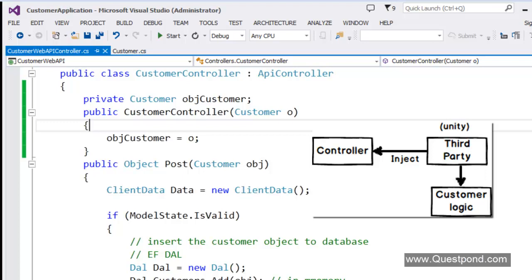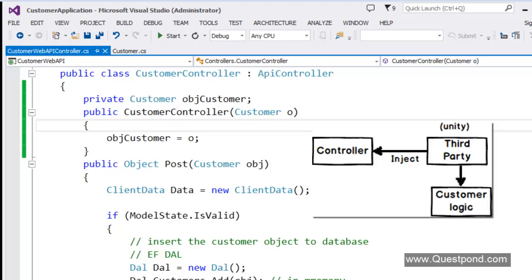So object creation activity should be a part of some third party framework. If you want to really make this implementation very clean, it should be a part of some third party framework. It should not be a part of any code of a project. Because if you see, initially the object creation part was in the customer class. So we said no, this object creation is not the work of the customer class. We removed that and moved it into the controller. Afterwards we said, oh, the object creation is not even part of the controller. So we want to remove that and move it somewhere else.